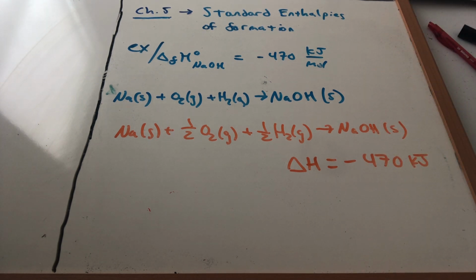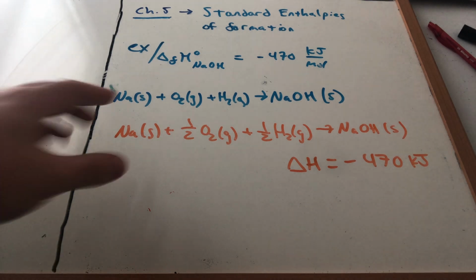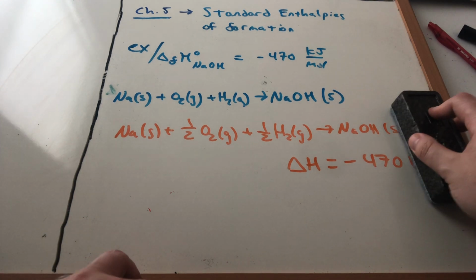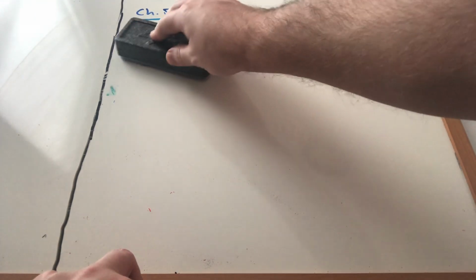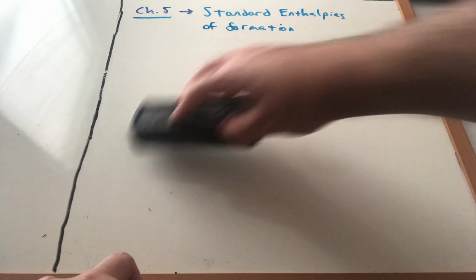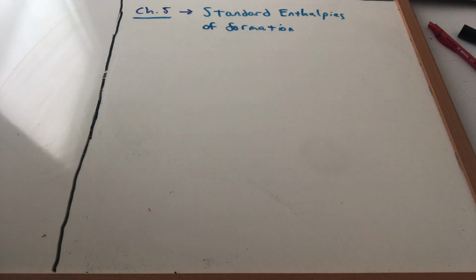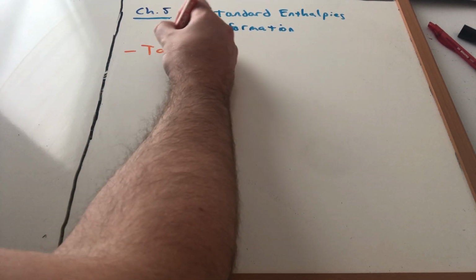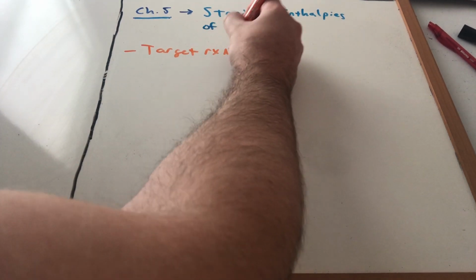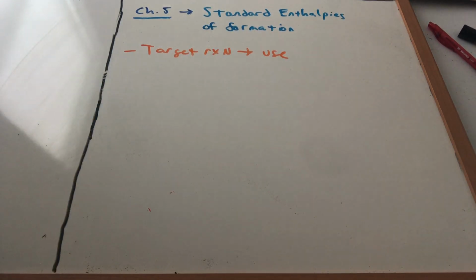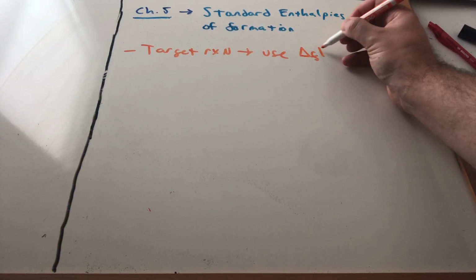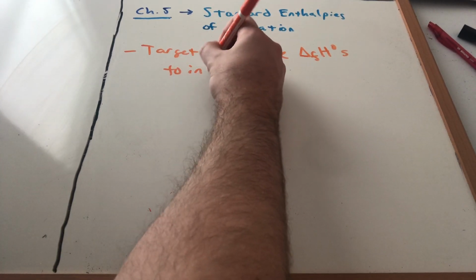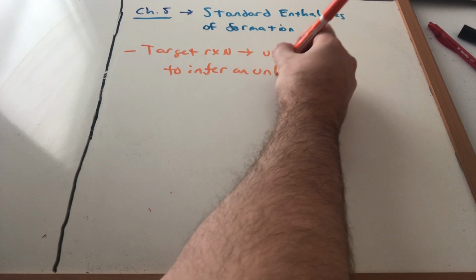All right. So now what do we do with this information? Now that we understand what delta H of formations mean, and we can write formation reactions, how do we use these in problems? Well, it's kind of like Hess's law, where you have a target reaction or an overall reaction. And what you can do is use delta formation H naughts to infer an unknown